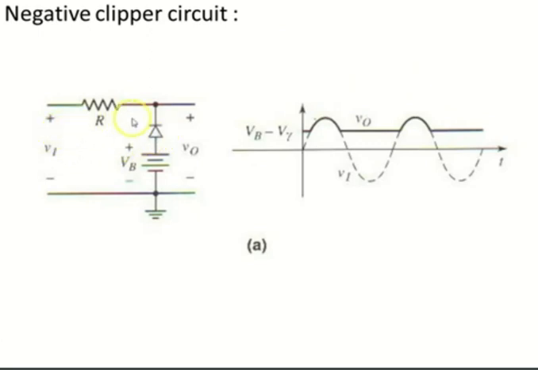So what happens during the positive half cycle is that the diode is reverse biased when the input waveform is greater than the biasing voltage. The diode being reverse biased means the resistance offered by this circuit is very high, so we get an output across that high resistance. During the negative half cycle, the diode remains forward biased so that the current circulates through this input loop, and we get no output. As a result, the waveform will be like this.